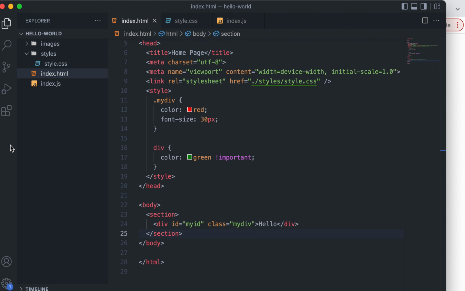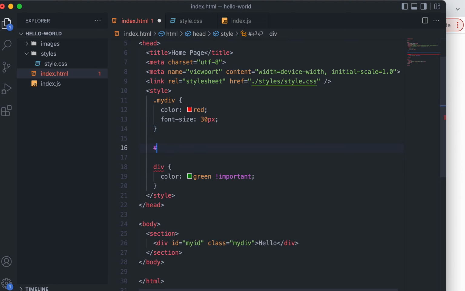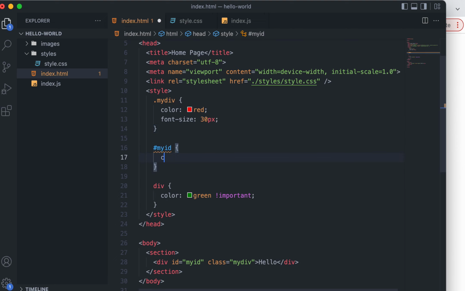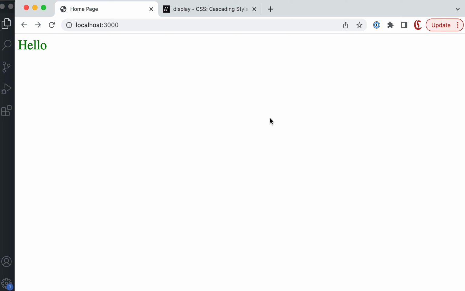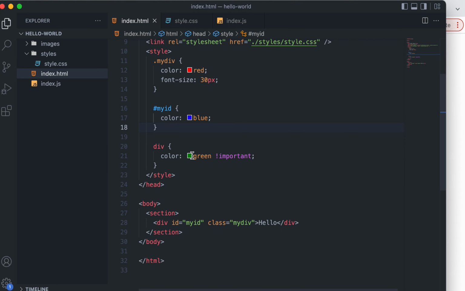That is fine. Right now it will be green, but let's say I write something like this, and color red, and color blue, let's say. Then what do you think will be the color? The color will not be blue. The color will still be green. Why? Because I know that this color is inside this where specificity is high. This is the highest specificity, 100, but still I have important on the color property here, which means that every specificity will not bother.